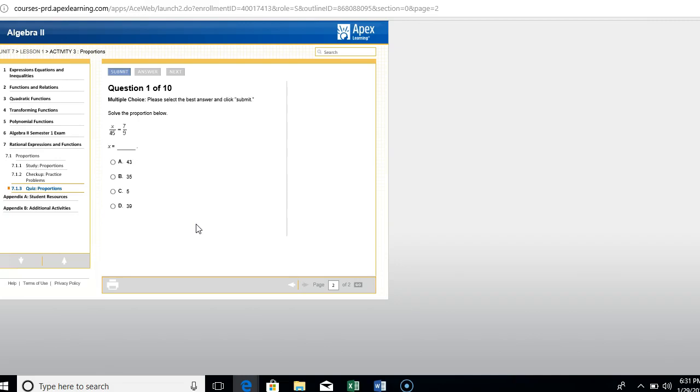And the first thing I'm going to ask you is for you to show me your study sheet and your checkup sheet with all of your work before I unlock anything. So you should really do it ahead of time and do it right the first time. When you are done with your quiz,